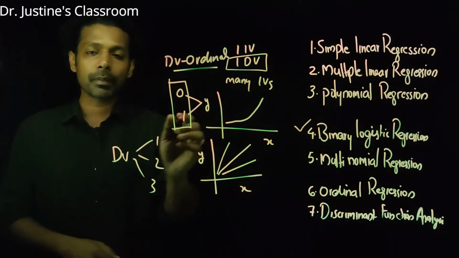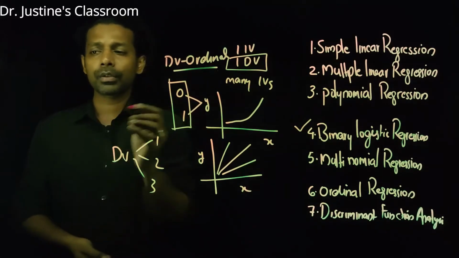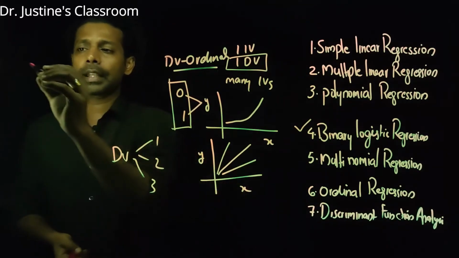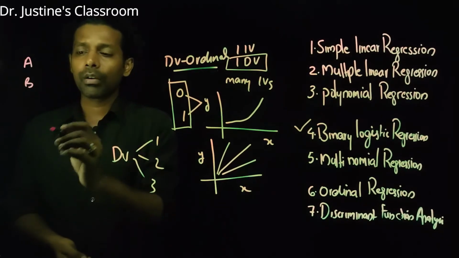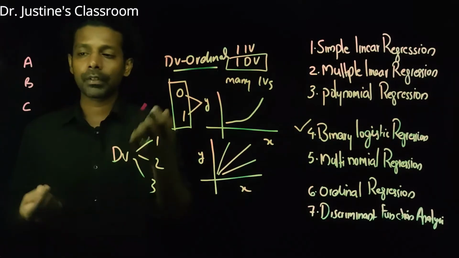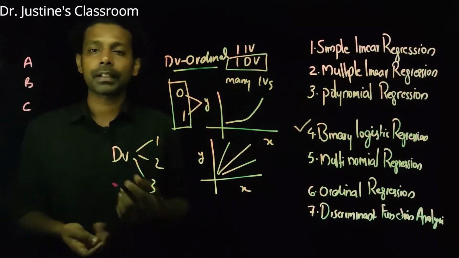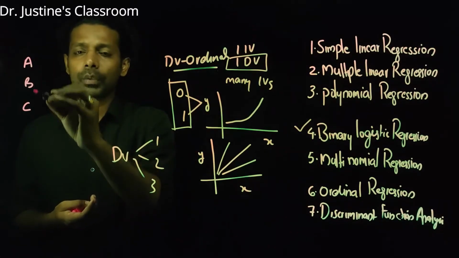You have a dependent variable which is categorical in nature. For example, I need to know whether the person belongs to different political parties, maybe Congress, Communist Party, or the Bharatiya Janata Party, the BJP. So the objective is to know whether the person will vote for this group or this group or this group.